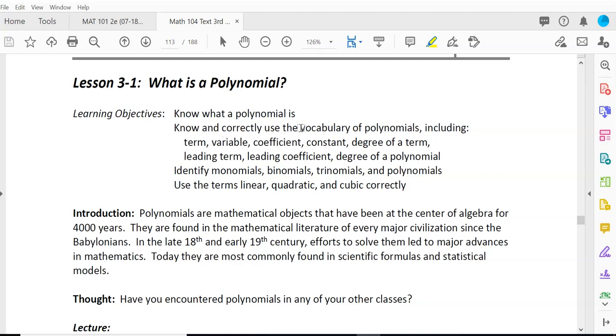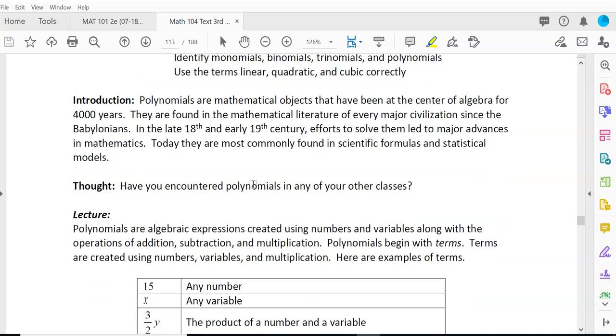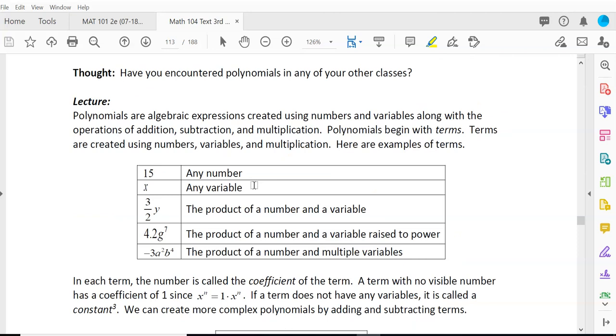So we'll see what a polynomial actually is. We'll talk about some vocab terms like variables and coefficients and all that kind of stuff. All right. And I'm sure you've encountered some polynomials in your other classes. You've seen polynomials. What we're going to do is we're going to add to that, hopefully, and do some evaluations